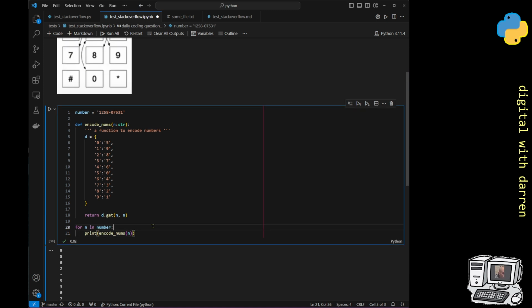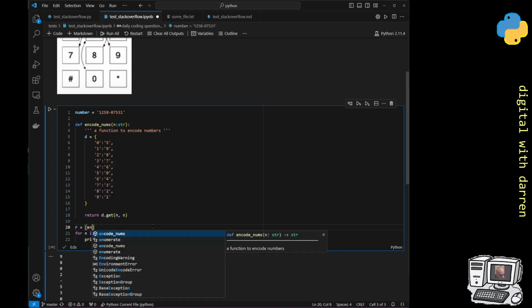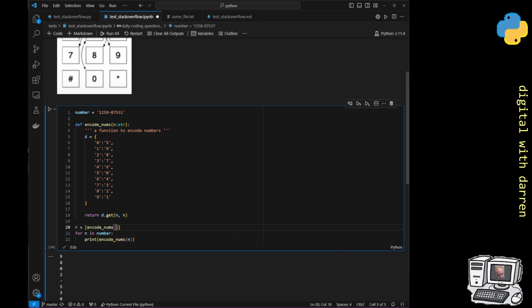So it might be quite nice to do it in terms of a list comprehension, which is we could say something like the result is, and then here's a list comprehension, and then we will do encode nums n for n in